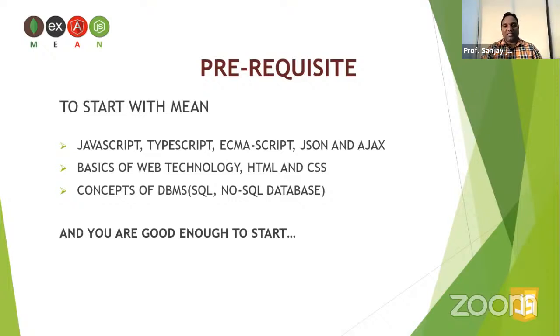You should have an understanding of JSON. JSON is basically a data format used to communicate through your APIs with third-party servers, and then we have Ajax. Okay, so JavaScript and TypeScript. TypeScript is very important when we talk about MEAN stack development, because what AngularJS mostly uses is TypeScript.